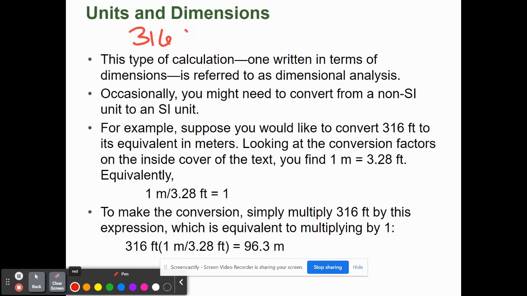There we go. 3.28 feet over 1 meter. Feet cancel out, so we're just going to take 316 and divide by 3.28. That's all there is to it. Okay? So if we have our calculator and we divide that out,